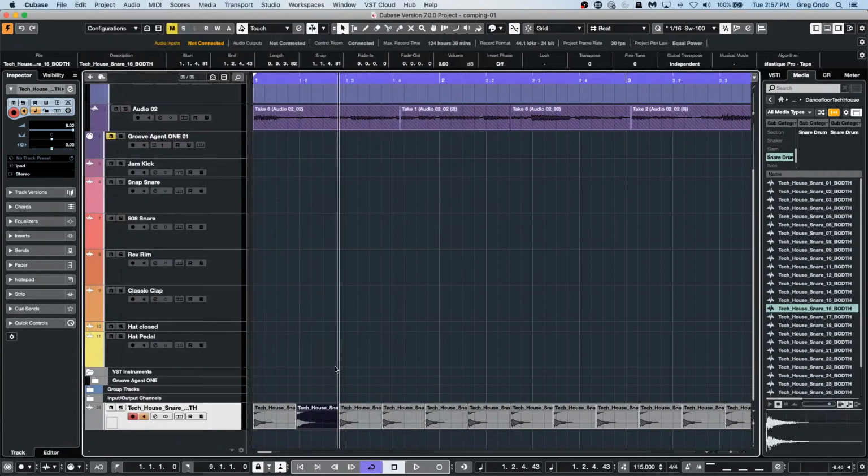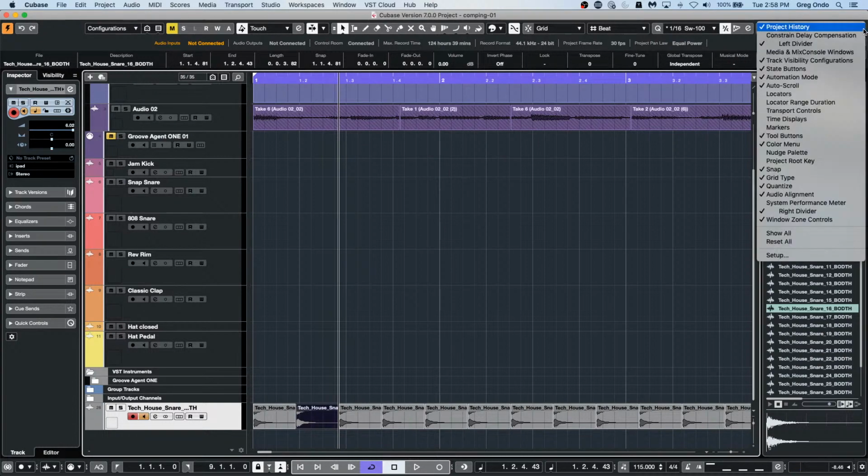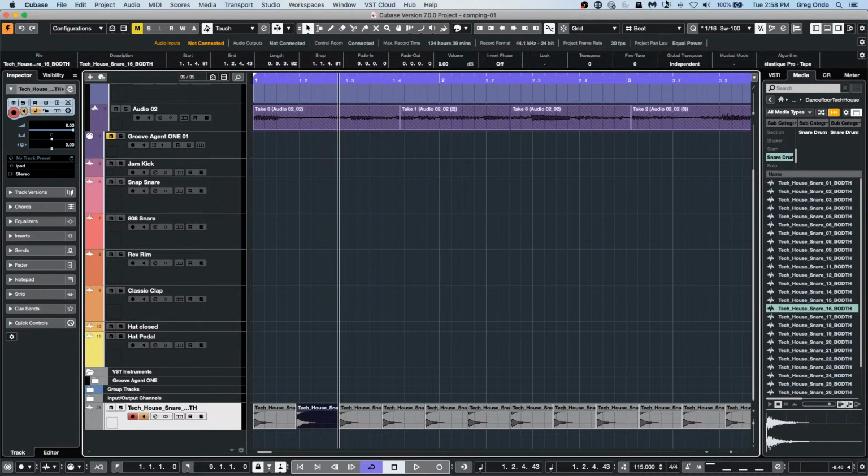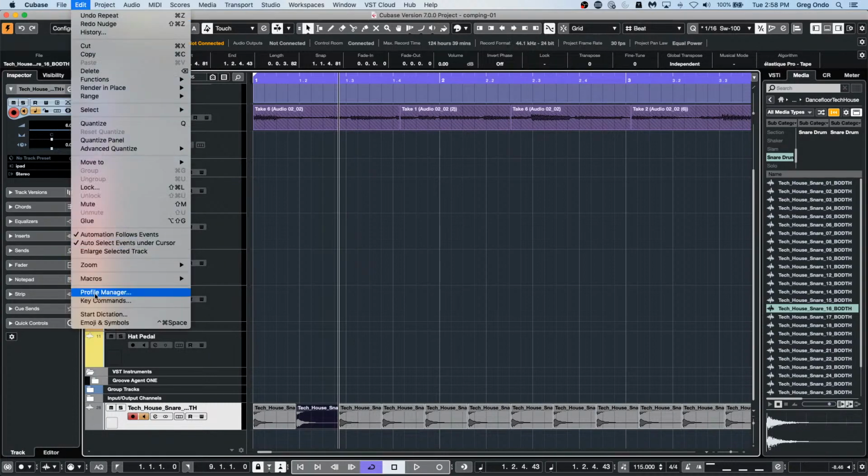So now if I nudge over by one frame, I'll open up my nudge palette up top. Okay, so now as I nudge, let's say without that event selected, and let me just see if there's a